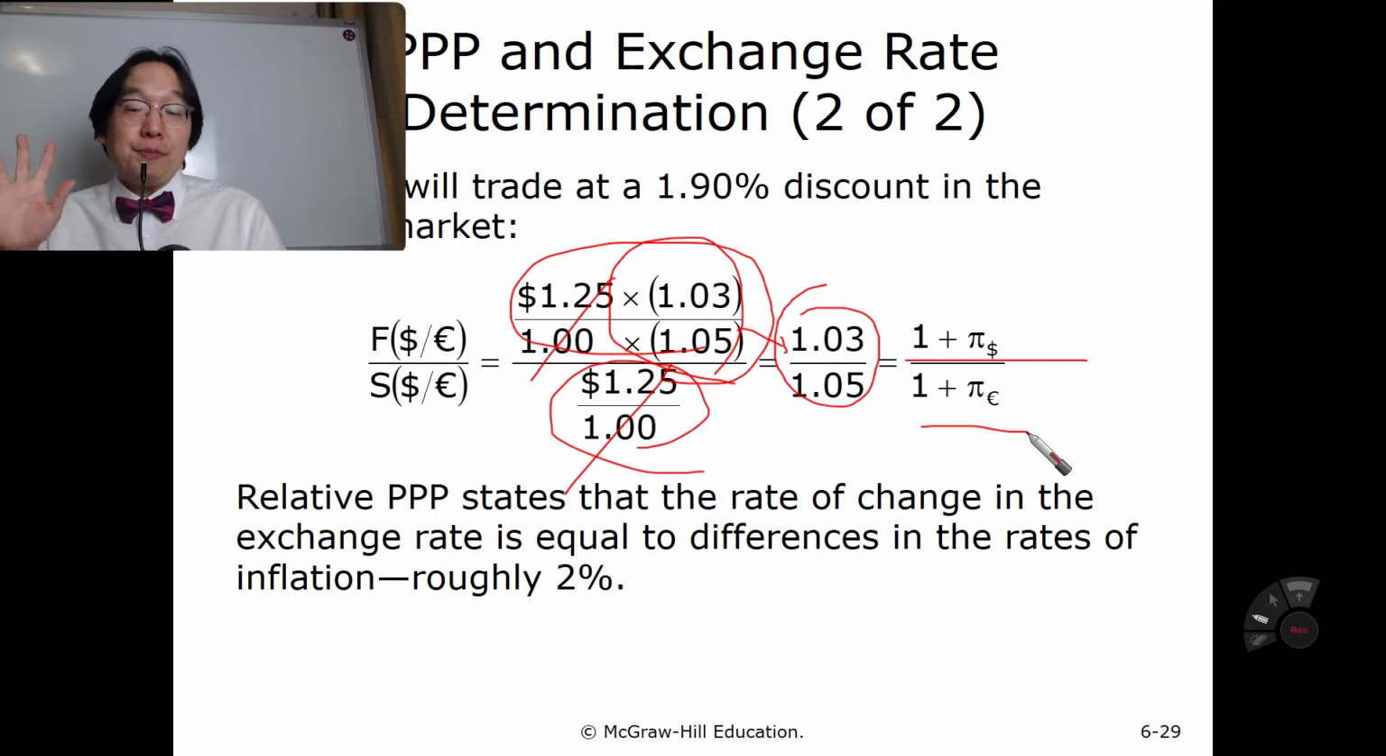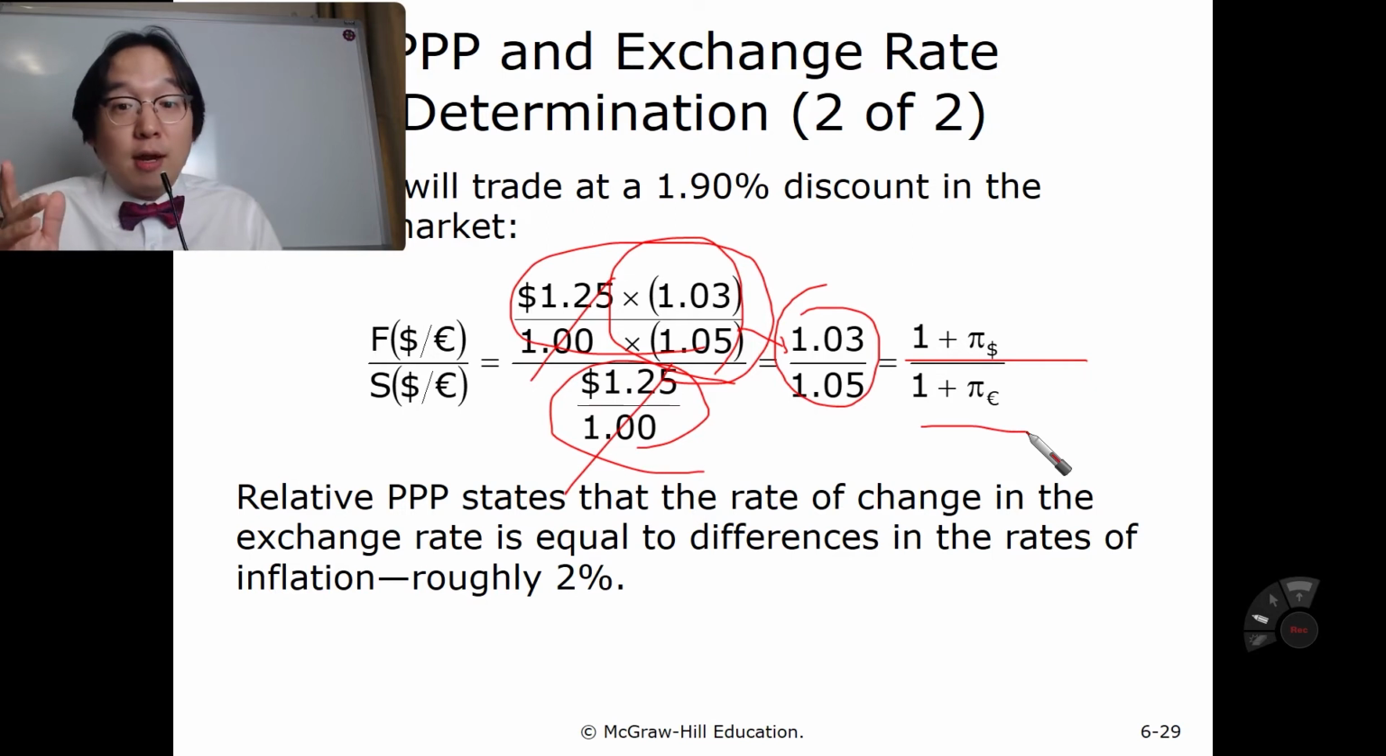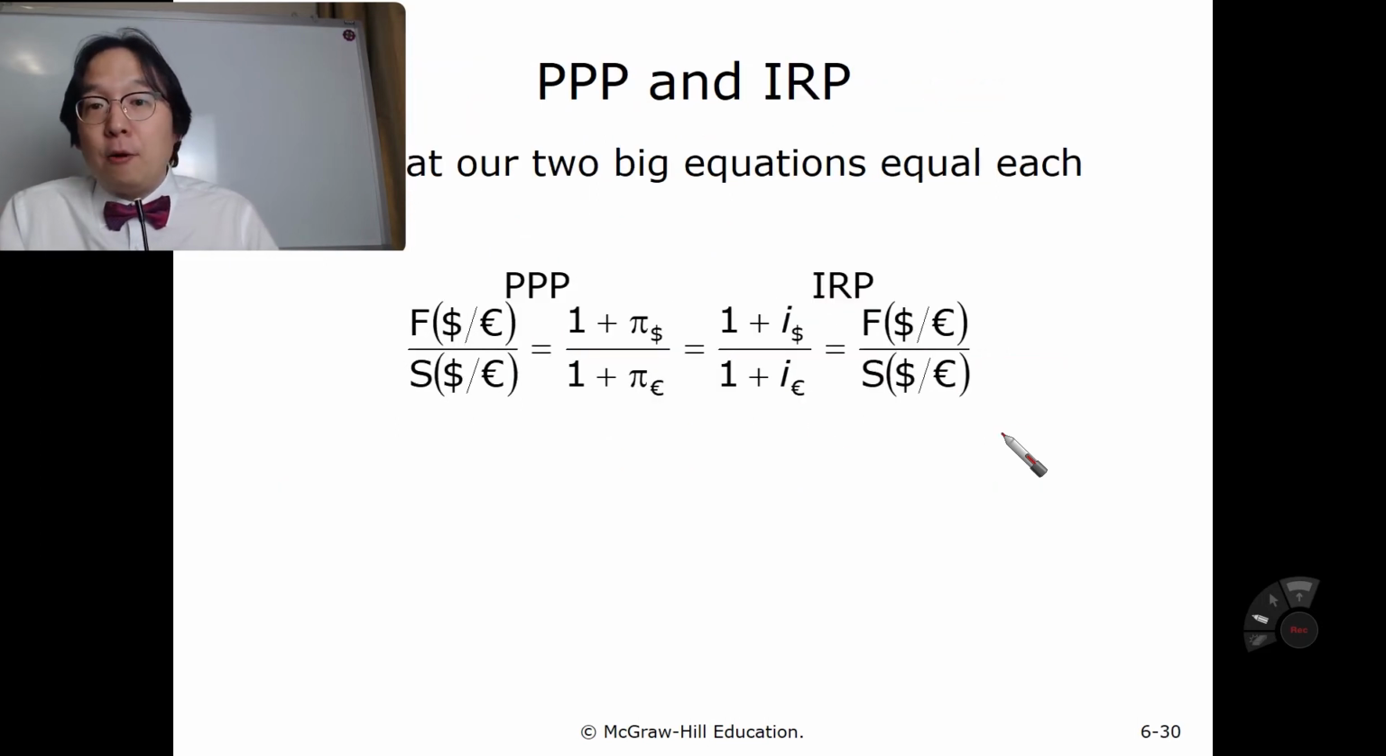Relative PPP says that the rate of change in the exchange rate is equal to the difference in the rates of inflation. In this case, roughly 2%, 3% versus 5% difference. Now,